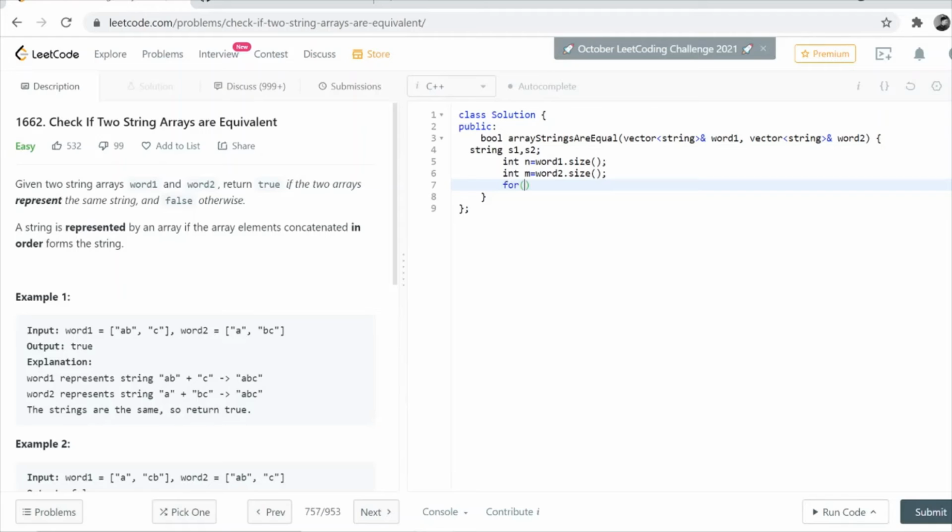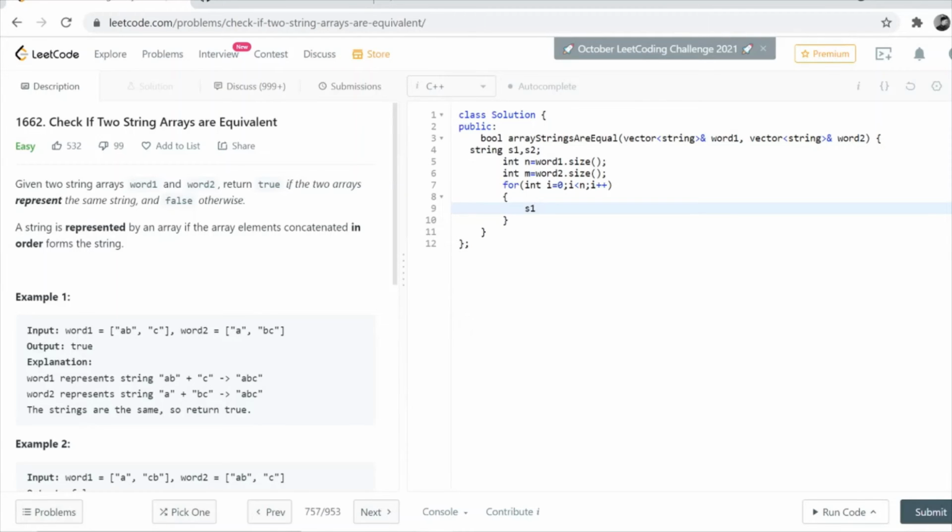And now we will run the first loop, int i equals 0 to i less than n, i plus plus. And in this we will concatenate all the strings of word1 in s1.